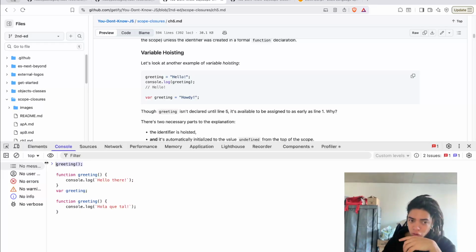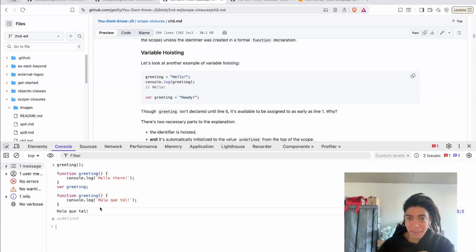When we call this, I'm assuming it's going to call the last function that was defined, in other words hola qué tal, and that makes a lot of sense.